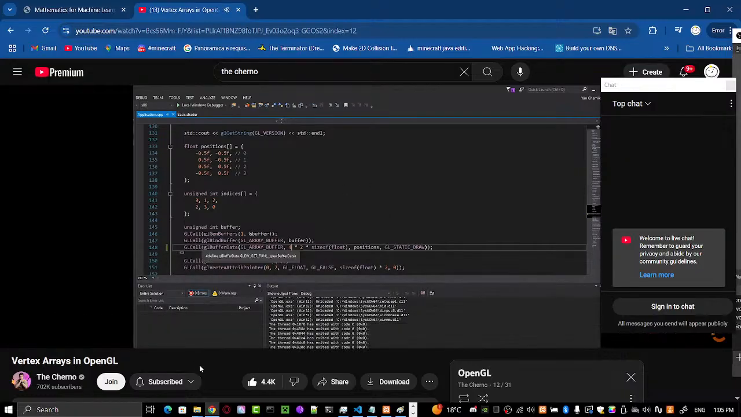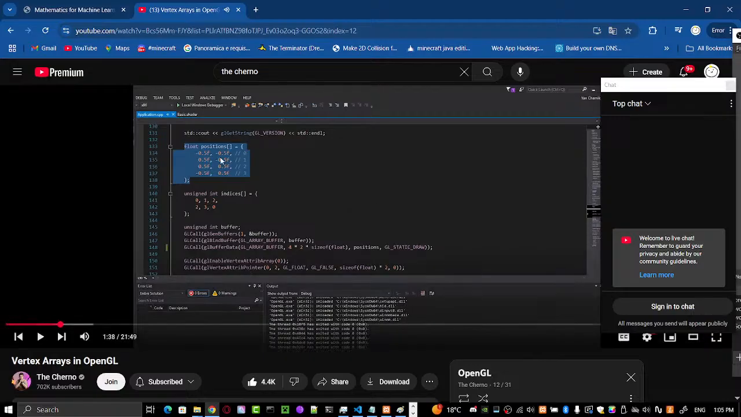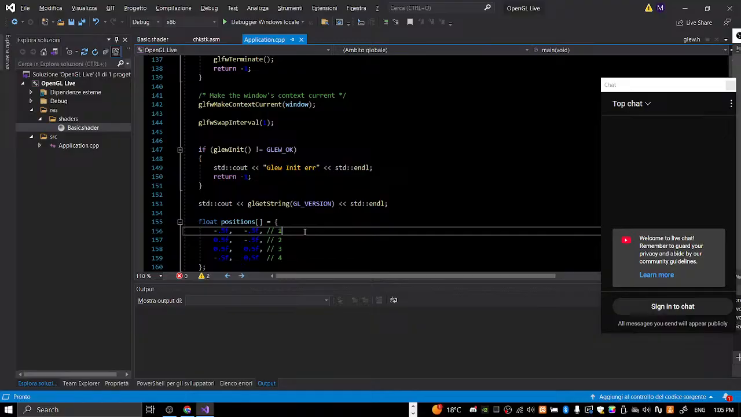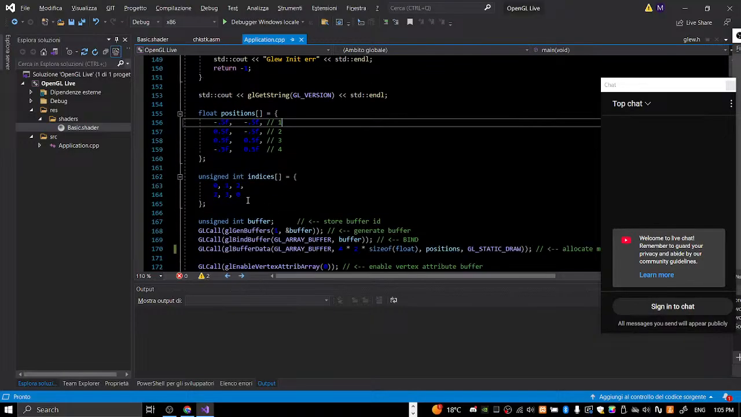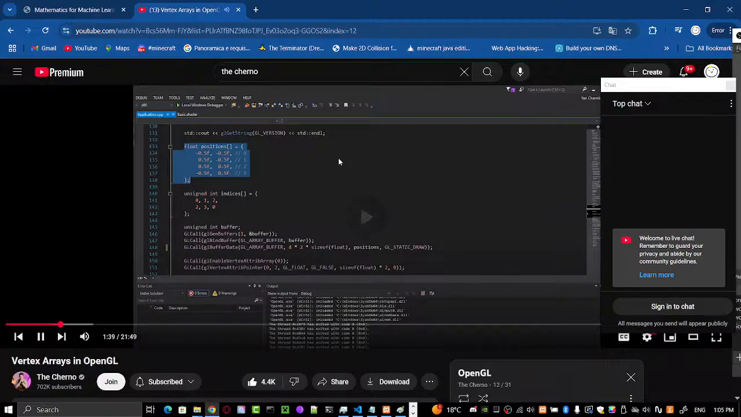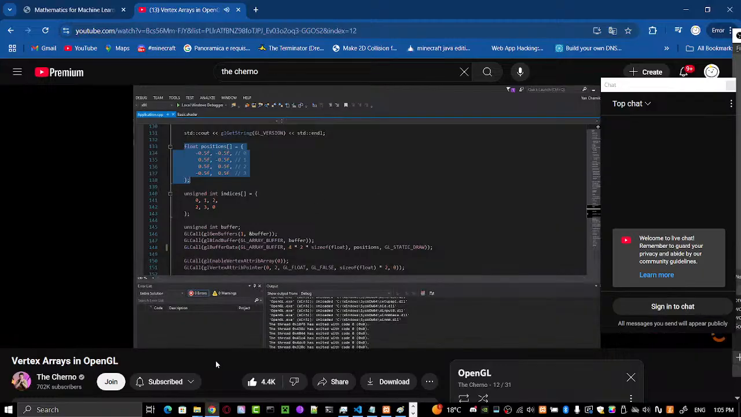But this vertex buffer contains these vertex positions, all of this vertex data, which in this case is just vertex positions for 4 vertices. I was a bit confused at the start, but I actually made a mistake here, so let's correct that. Then after we've created the buffer and we've bound it and we've set the data and all of that,